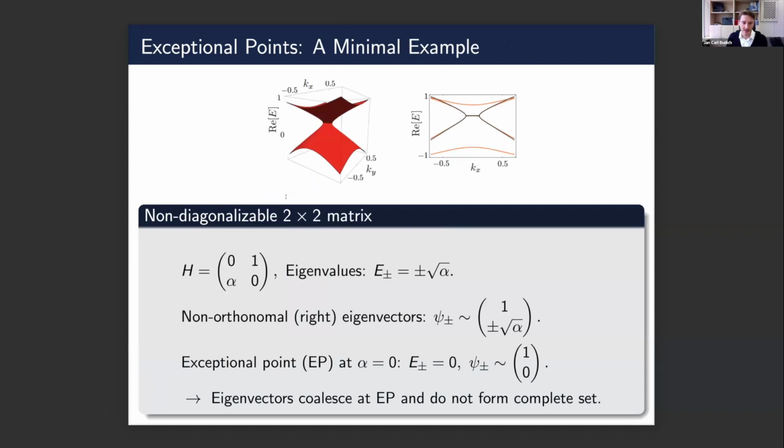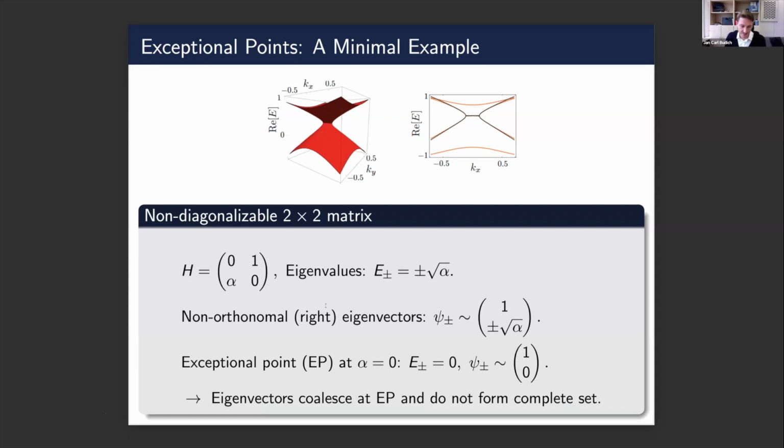So to see this, let's look at a very, very basic example, a 2x2 matrix, not even momentum dependence necessary for now. And we look at the eigenvalues. So here you can already see one important feature. Instead of, if I had alpha and alpha star here in a Hermitian system, then I would have plus minus the modulus of alpha as an eigenvalue, whereas here I get the square root of alpha. And this is very characteristic. So from the degeneracy, which sits at alpha equals 0 here, I have these square root dispersions emanating rather than linear Dirac or Weyl dispersions.